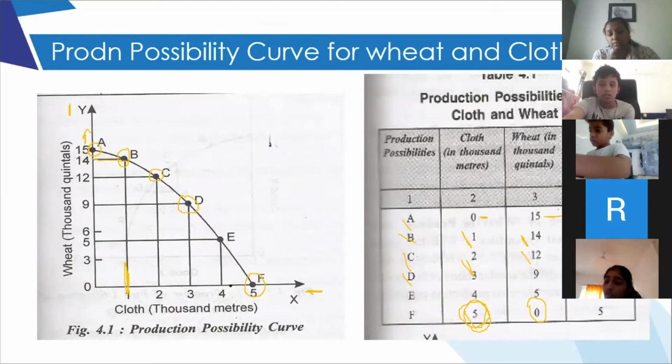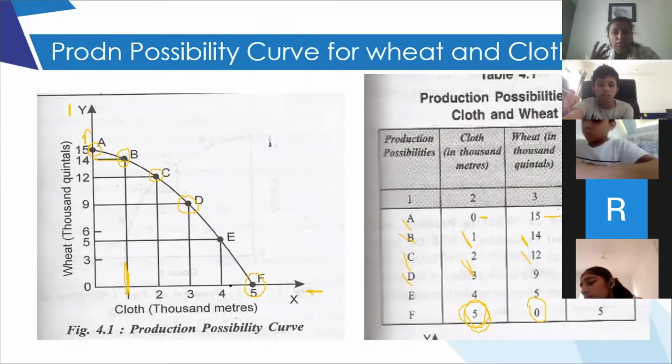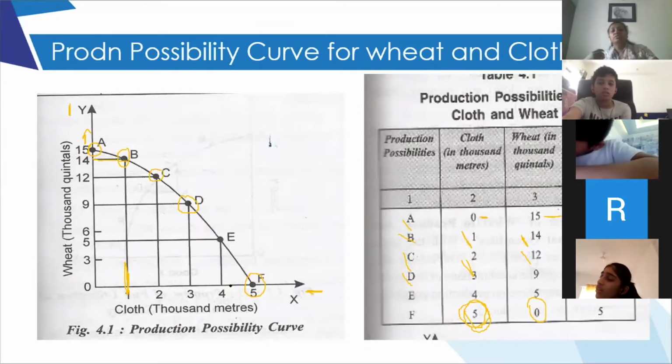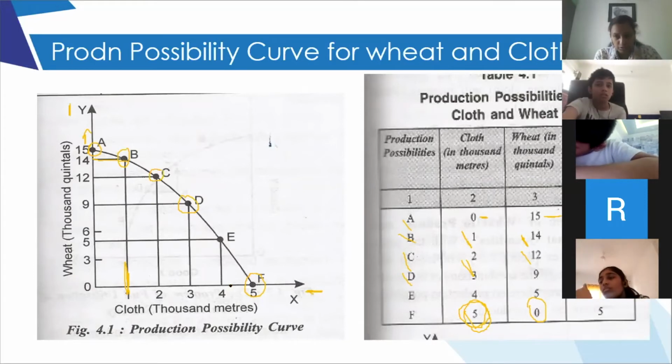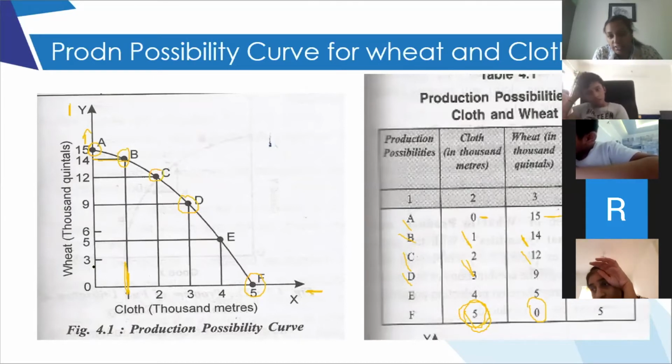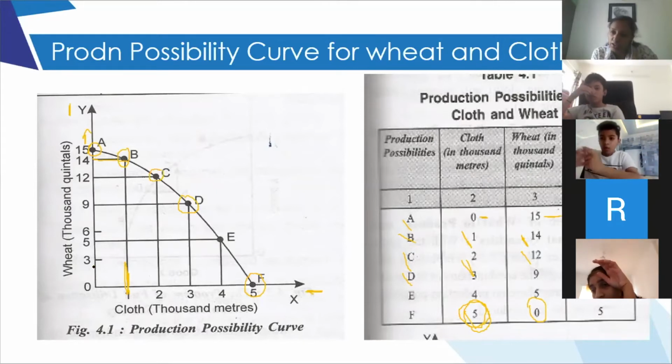Now what the economists say is that all the resources that we use are not equally suitable to produce any one commodity. They are suitable to produce different commodities. The resources that we have here, we are talking about wheat and cloth. If we employ all the resources in producing wheat, it can happen that some of the resources can be better utilized in creating cloth rather than wheat. Is this point clear to you?